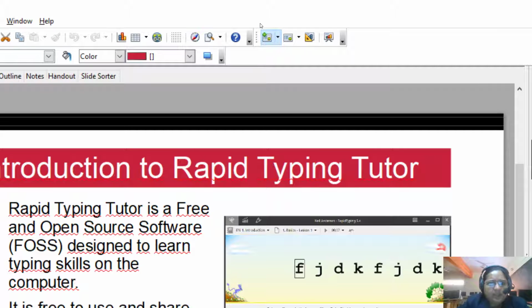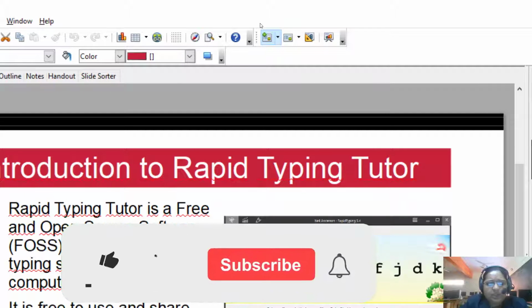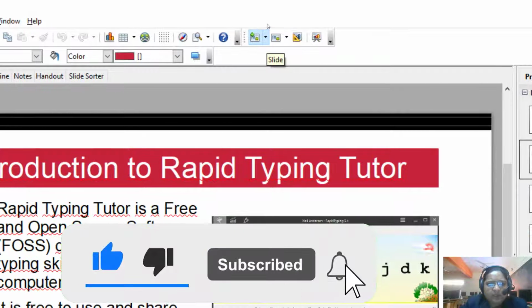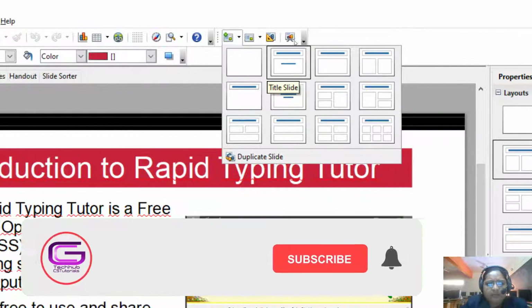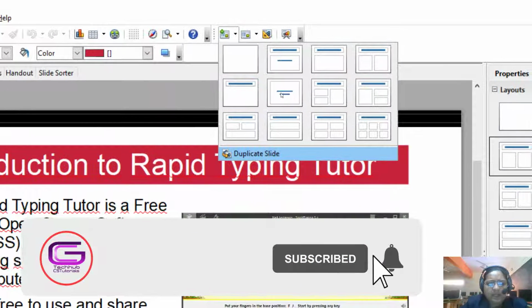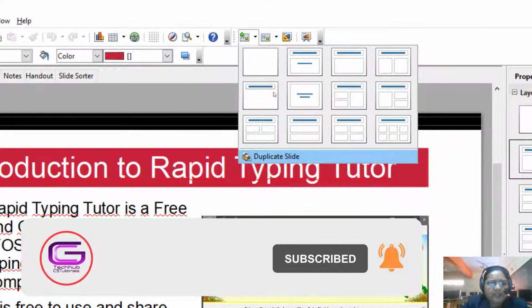Just clicking on this button will insert a fresh new slide, but we want a duplicate slide. So we will click on this drop down arrow just beside this option, and from here we will select the last option, that is duplicate slide.